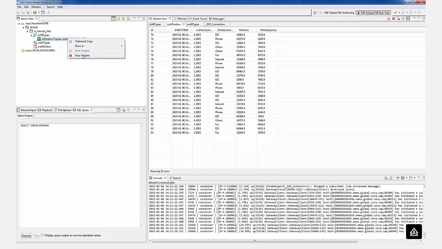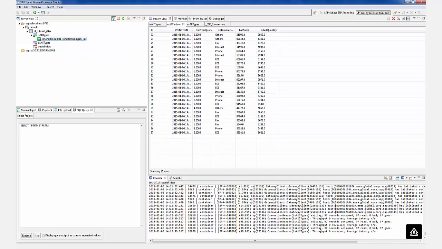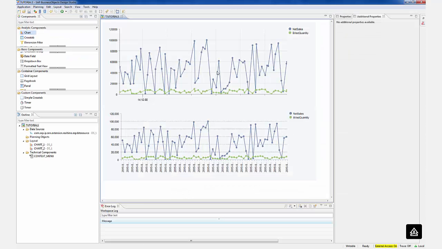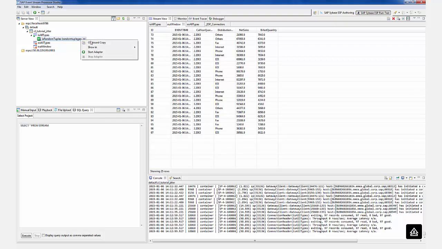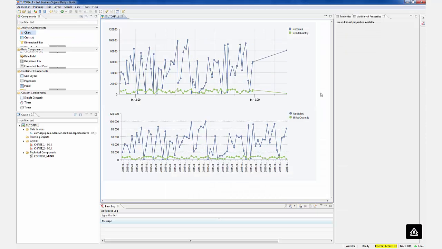What I'm going to do is just stop the adapter for a couple of seconds. If I go back to Design Studio, you'll see that there's no stream of data now coming into either of the charts. Both are connected to that stream of data. If I now go back to ESP and start my adapter again, and go back to Design Studio,